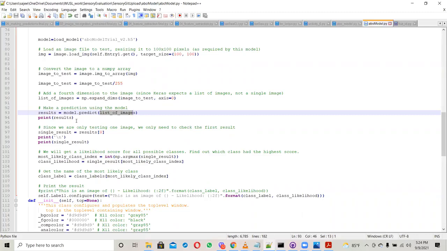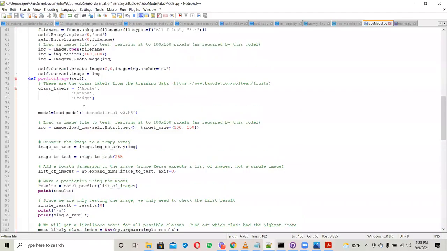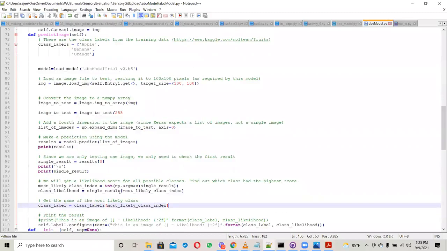Okay. Now the result has to be written, according to the most probable result index, into that text label that we had at the bottom. Can you remember there's a text label at the bottom? We removed that label so that nothing appears right now. But when it finds the result is either apple, banana, or orange, then it is going to write it to that